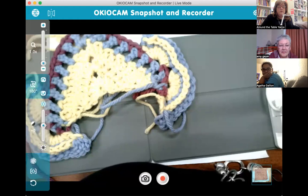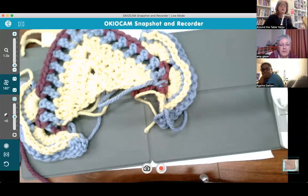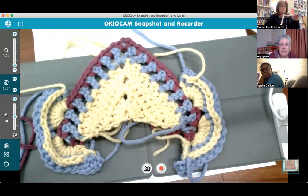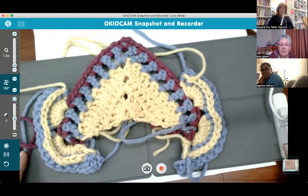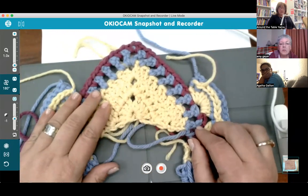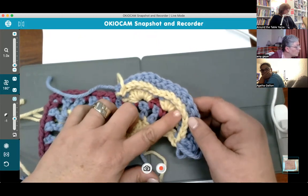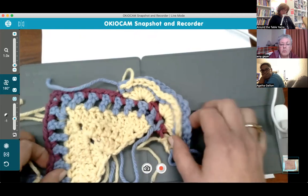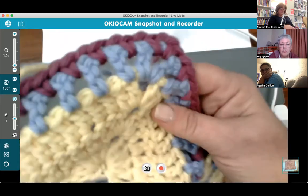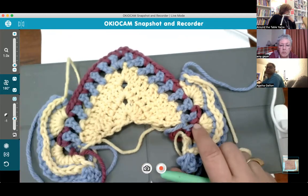Let me make that bigger. So I've got a little sample here. I think it's a sample I had used last time. And all I did was I added rows 12, 13, so that I could show how to do row 14. And then we'll just build on from there. So I've got the beginning of the rows, and then I'll move to the end of the rows, and then we can turn it over and work through the rows that way without having to watch me go all the way across. Okay, so we had finished row